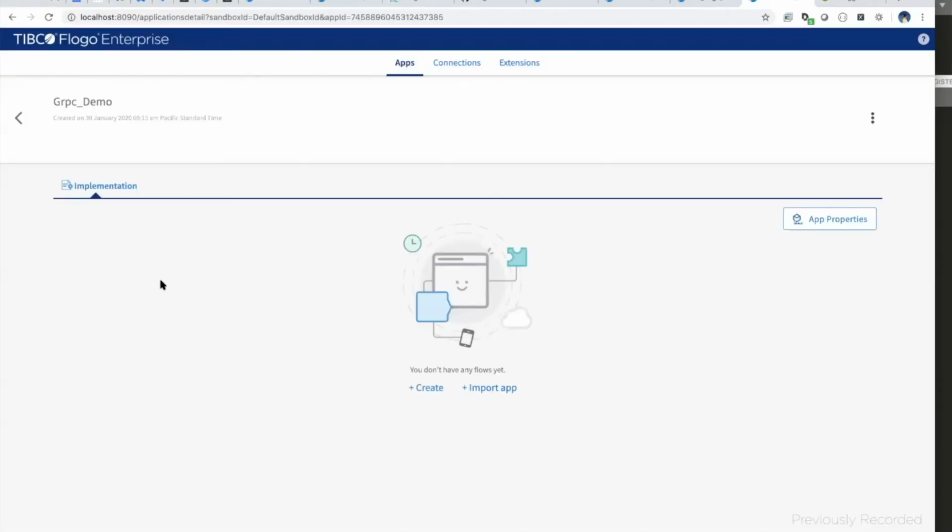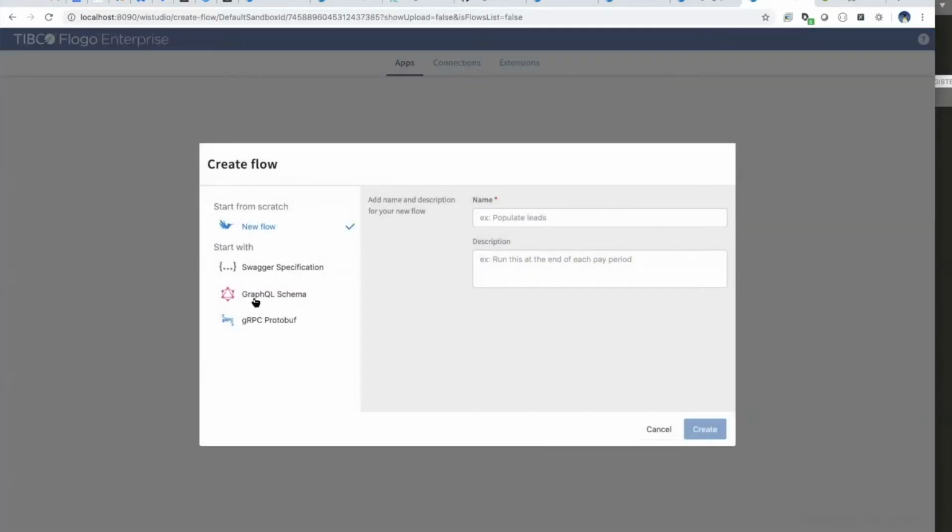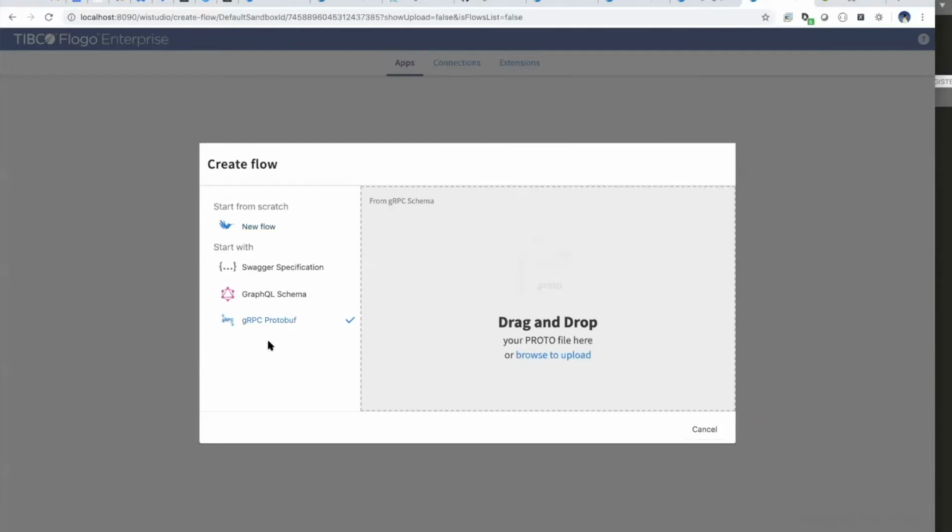While the application binaries are being built, we can quickly go over the gRPC. As I said, you can now pick the protobuf file and configure your gRPC trigger as well as a gRPC activity and use them to communicate with each other. As part of this release, when I create a new flow, there is a new option, which is a gRPC protobuf file.